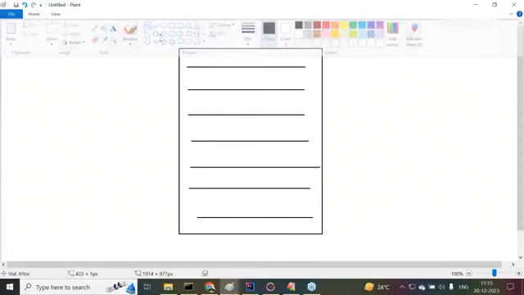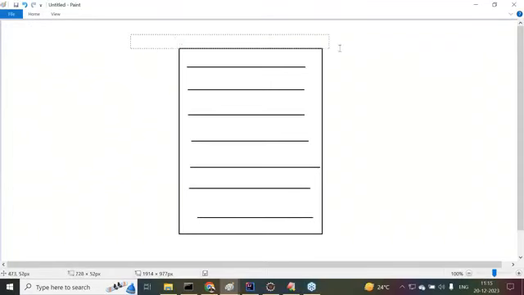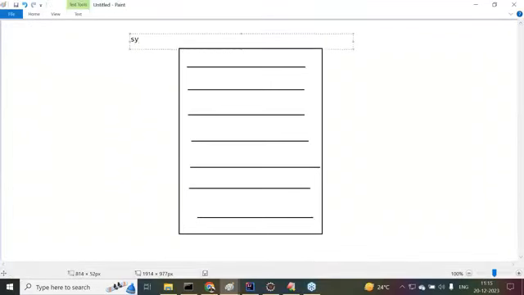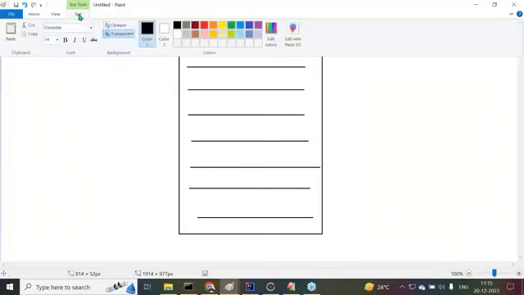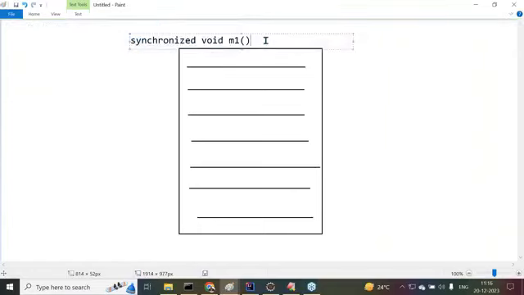Now I want to say this is a synchronized method. Synchronized void M1 method. Open it.